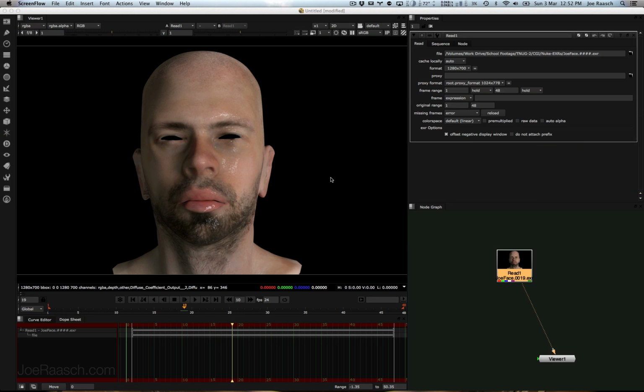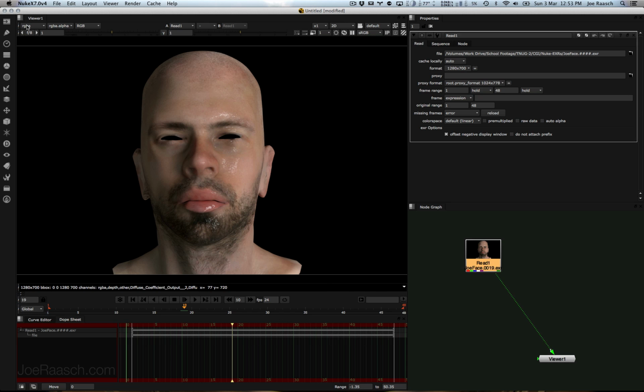Alright, so in this video we're going to be taking a look at render passes and some of the things we can do with render passes inside of Nuke. The first thing you'll notice is that all the footage is contained in an EXR file. Not because EXR files saved this way are used that much in production. In my experience, no one really saves out EXR files with all the different layers saved into them. I just did it this way for simplicity,